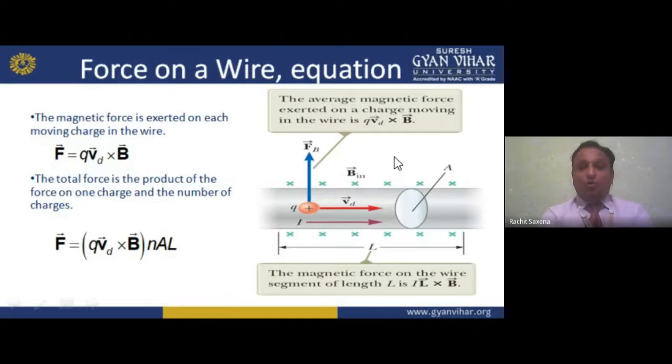Current is moving in the wire. Now current is flowing in the wire, my dear student. It means the rate of flow of charges is flowing in that wire. In simple way, current is the rate of flow of charges. The rate of flow of charges is known as current. So here, if I am representing this as the current, due to that current, charges are moving with the velocity v.